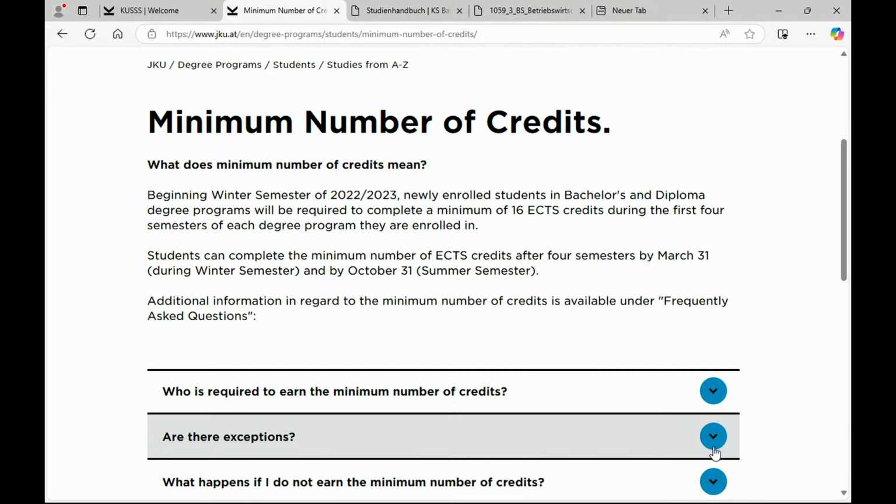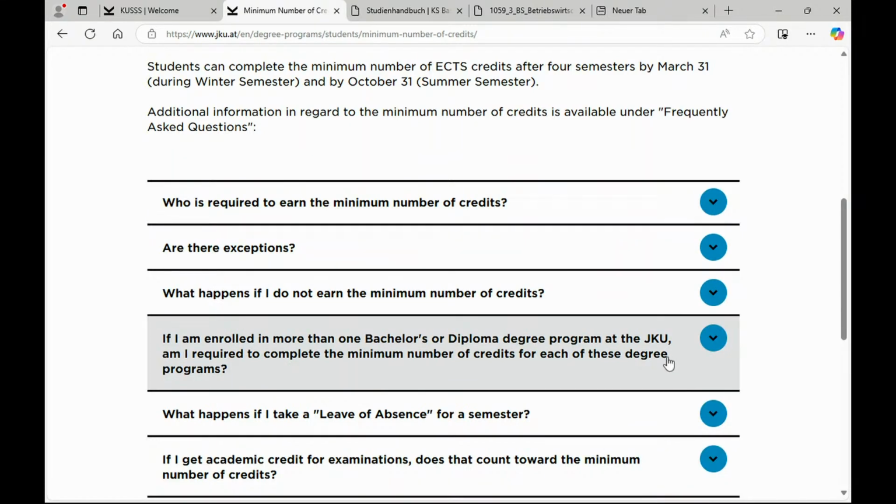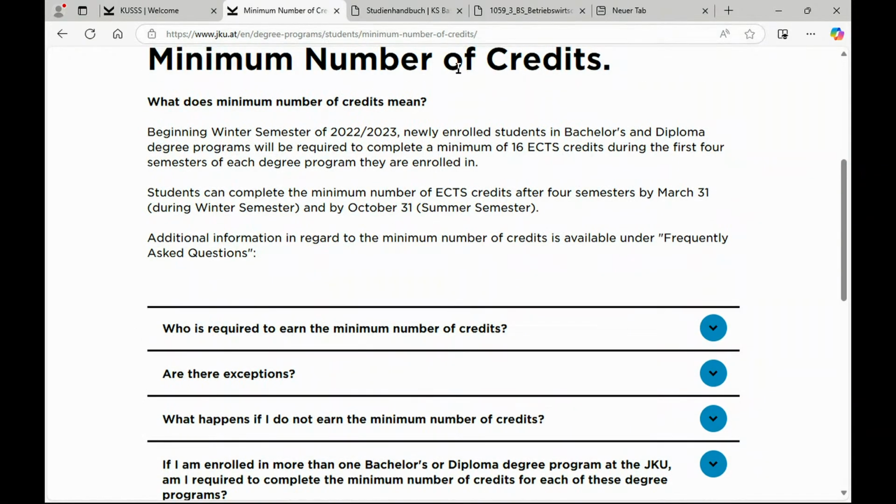And if you do an ordinary study and try to do it in regular study time, you have no problem, as this is only a minimum. Normally you should do 30 ECTS a semester, as I already mentioned. These are 16 ECTS after 4 semesters. But don't forget it. Otherwise we really kick you out. Okay? Next thing you should